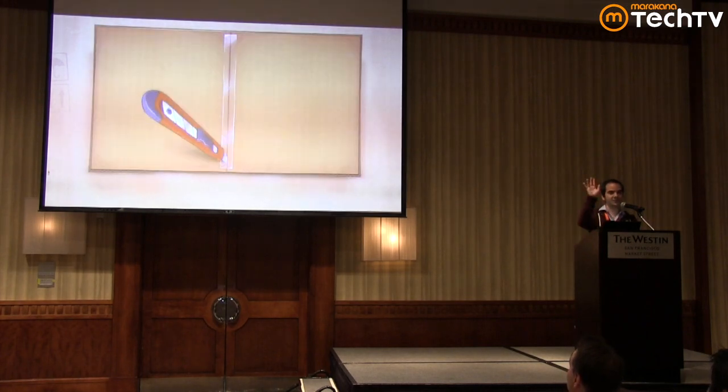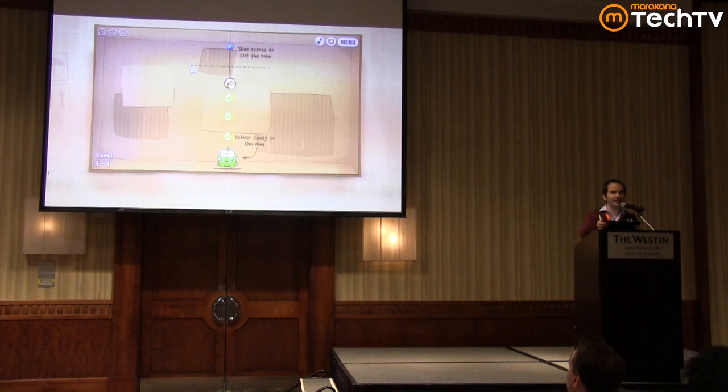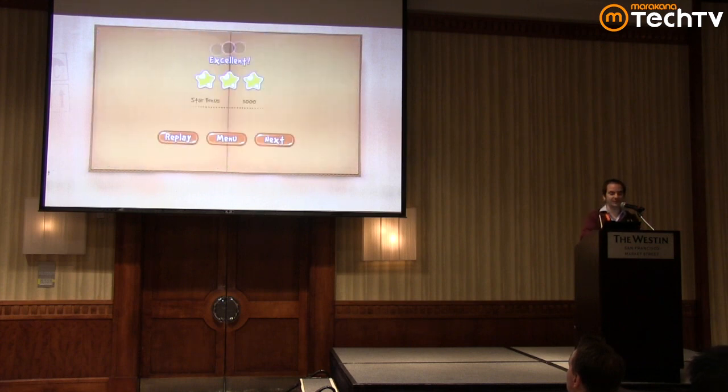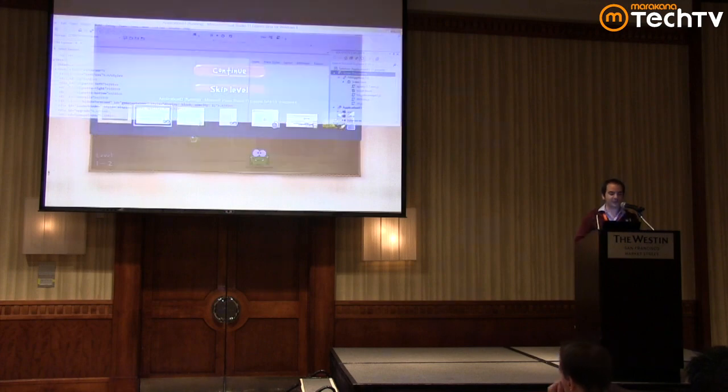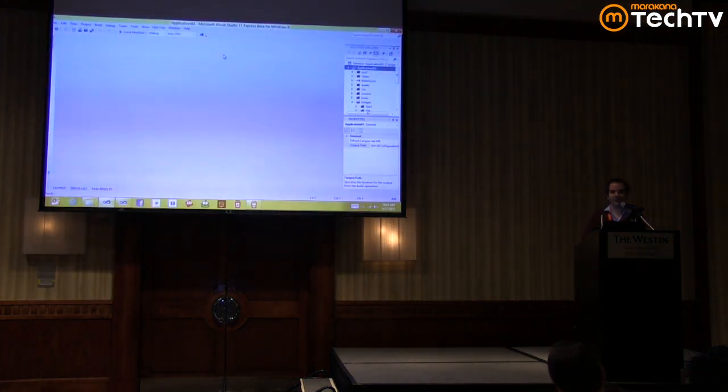And by the way, this is also touch-friendly, right? So this is a touch screen. I'm using a laptop with a touch screen, so I can just play with my finger. You will see my pointer here. So that was what it took us to go from web to Metro.